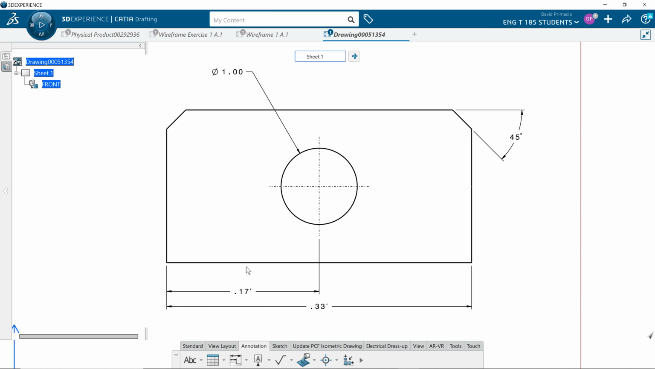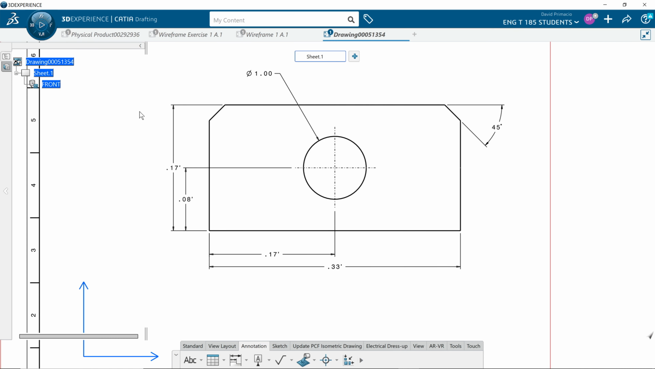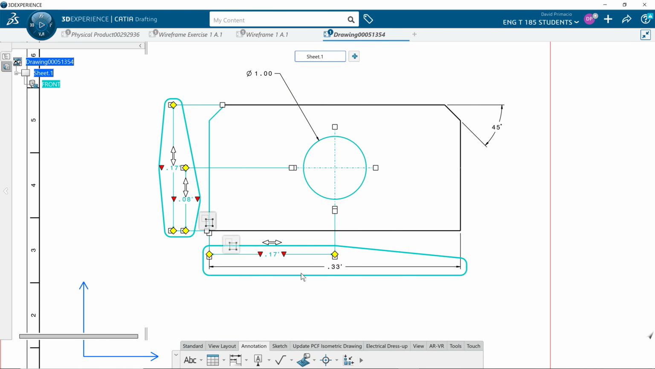Using stack dimension, I like to start with the bottom and work my way to the top, and then grab anything in between I want to dimension. So make sure to grab that line and then grab the end of this line here. Dimension, bottom line, top line, and then in between. Okay, highlight this, right click